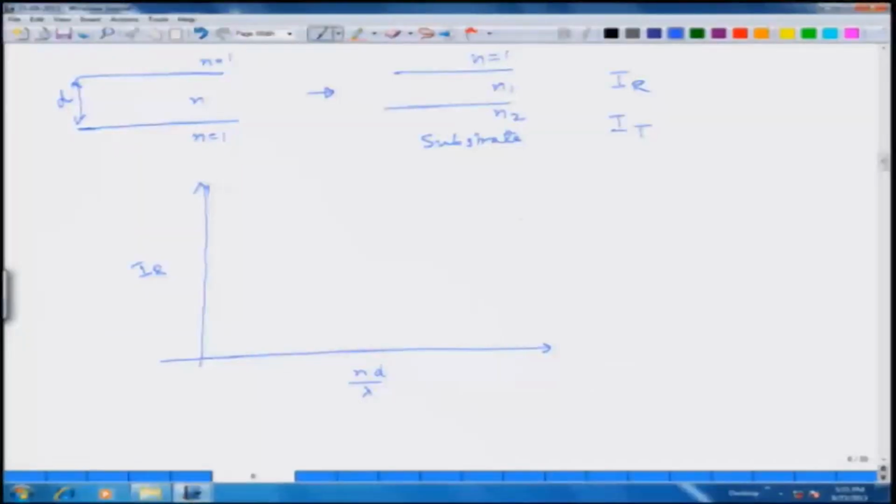It is important to realize that all those equations that we have written are for a particular wavelength. Since refractive index is a dispersive property, it changes with wavelength. So, I am going to plot this in terms of n d over lambda, and I will plot it up to the ratio 1, when the optical length is equal to the wavelength of light. If I had, for example, just the glass, with no film, then what would be the reflectance? We calculated in the beginning that this reflectance is going to be equal to